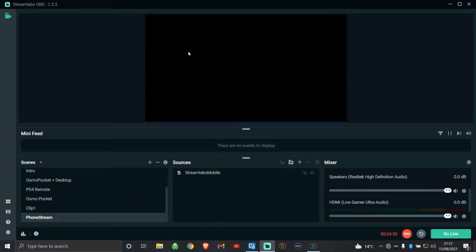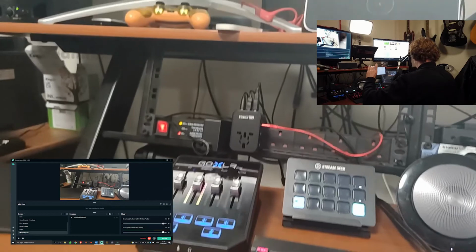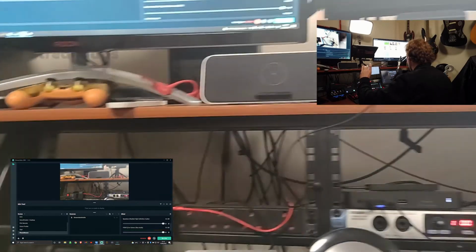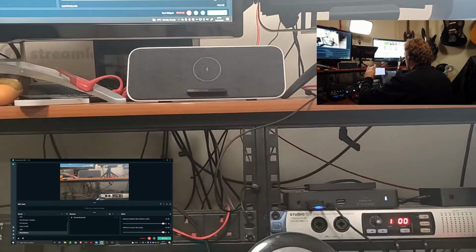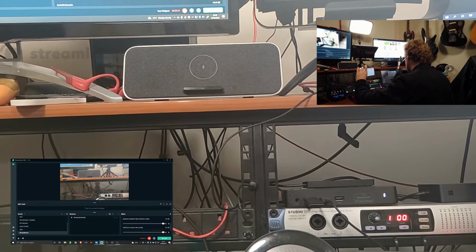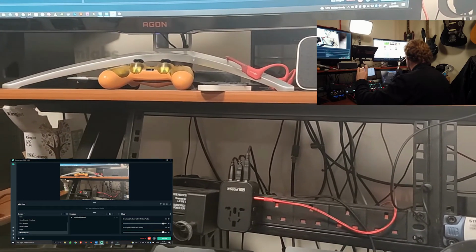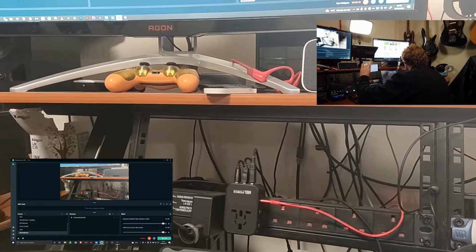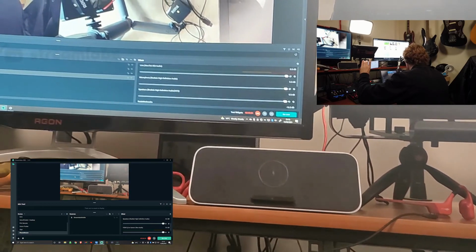Select that scene, and there we go. So you'll see if I move this left and right that there is quite a bit of delay, but you do have a video source in Streamlabs OBS, and that was quite easy to set up. You'll also notice if I try and scroll up a bit that there is a watermark on